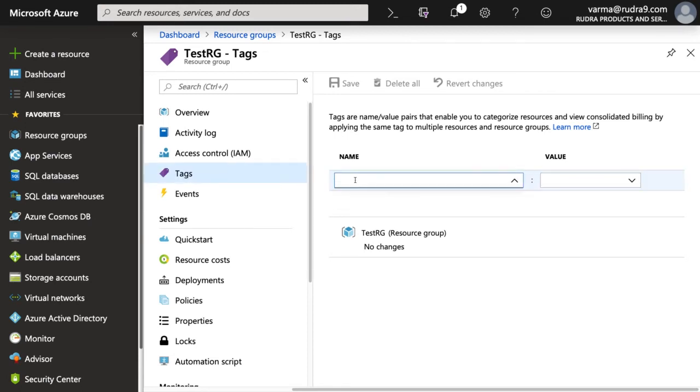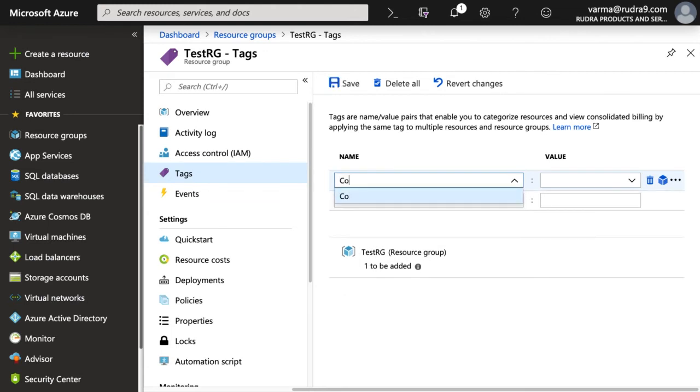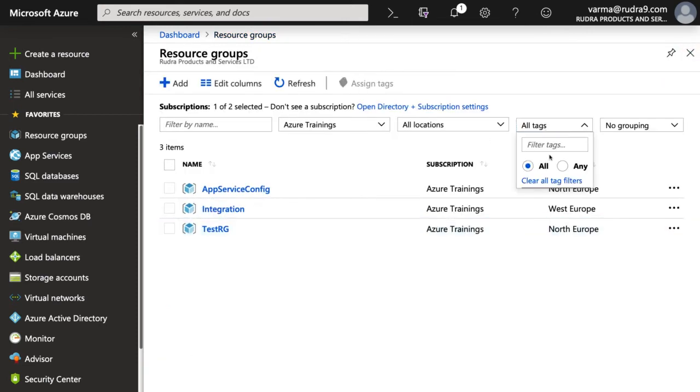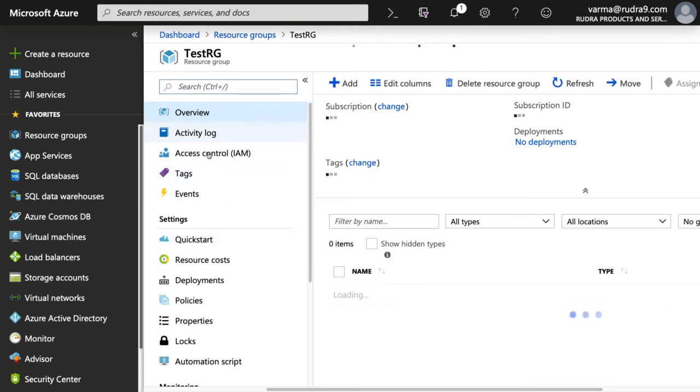So for example, let's say cost center and training cost center. And then if you save here, now if you close this, now you can see here, refresh this. It should come here, sorry, training. Let's see what happened.